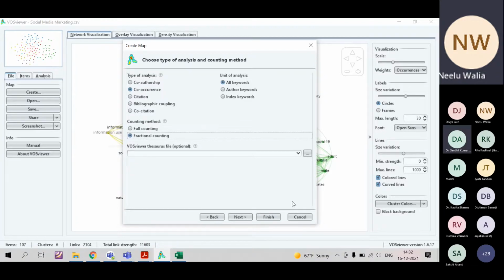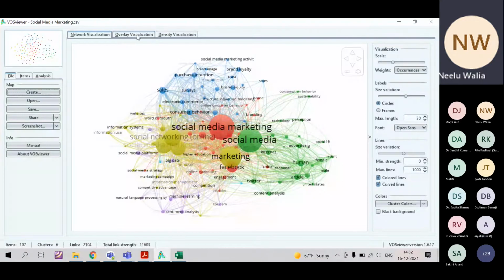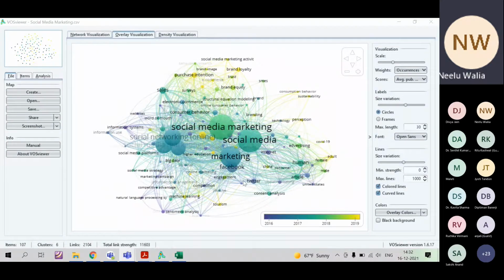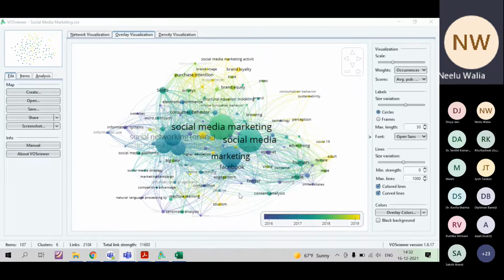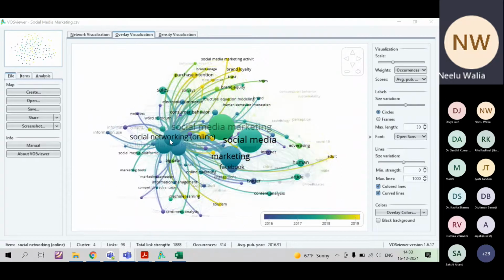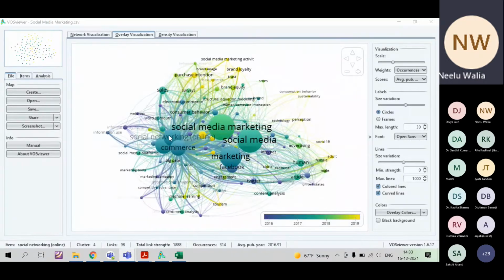Sir, how are the future research directions or research agenda identified, sir? Yes, it's one thing. This portion was left, overlay. Click on overlay and you can see the future of the area or future research agenda. If you look at the colors of 2016, 2017, 18 and 19, in 2018, most of the keywords that are in dark green, we can say, most of the papers have been written using these keywords.